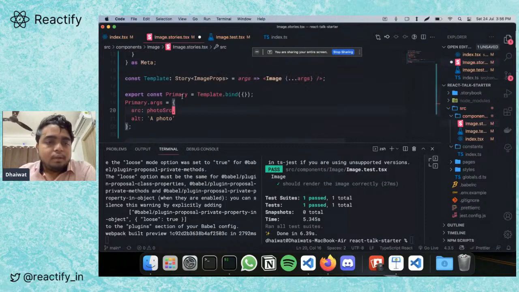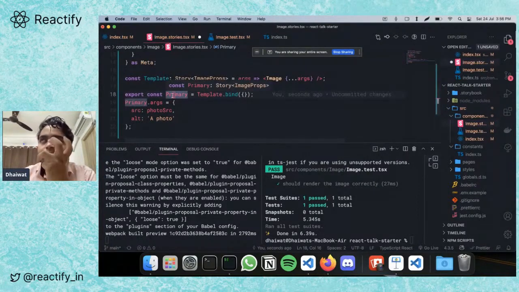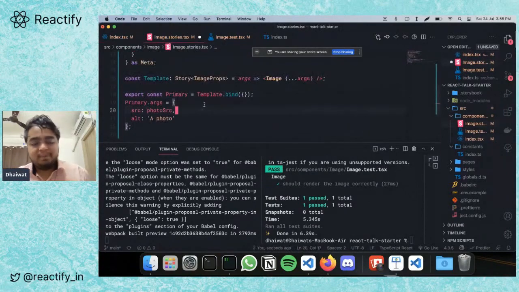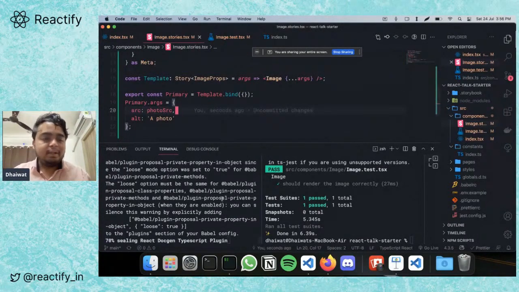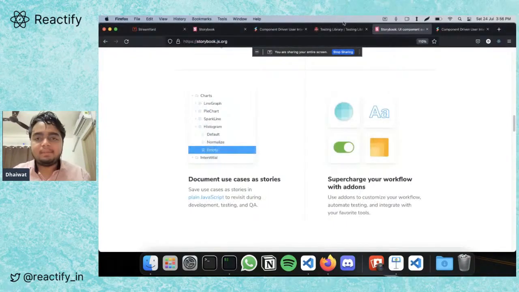Basically each thing you import from your story file is a story. A story is a UI state of your component. So our primary state obviously is going to be, we don't have anything right now, so we are just passing SRC and all to it. Let's see how it looks. I'm already running the Storybook server, so we should be able to see how it looks.